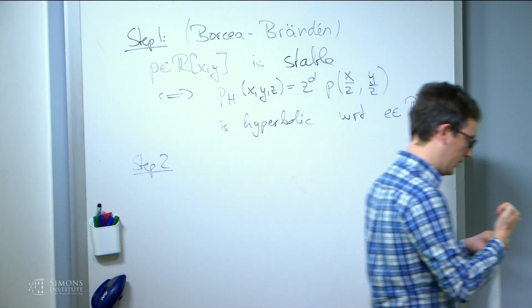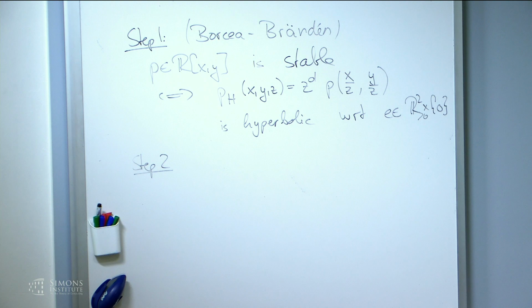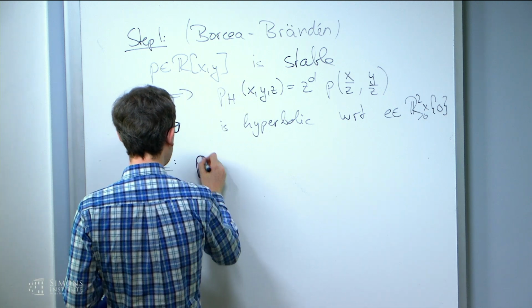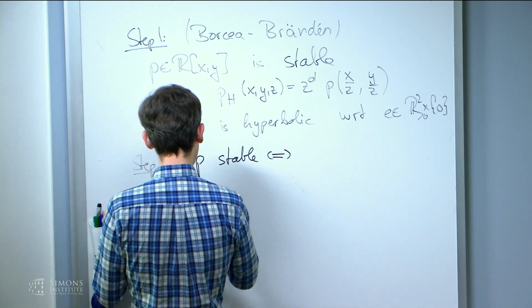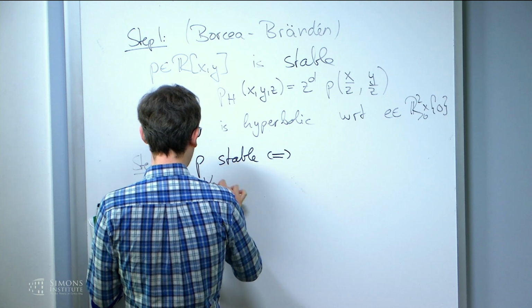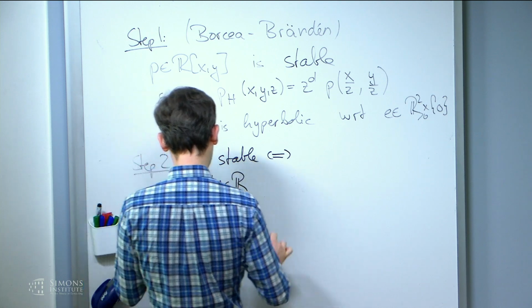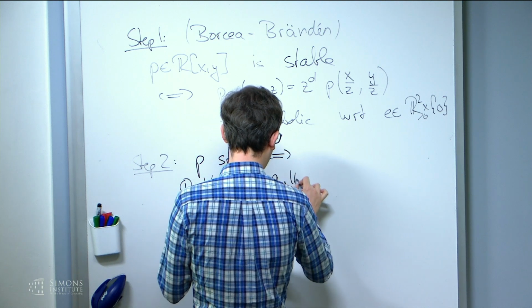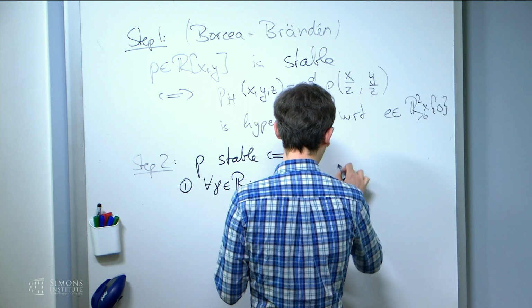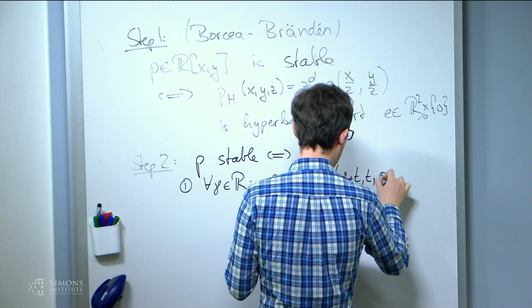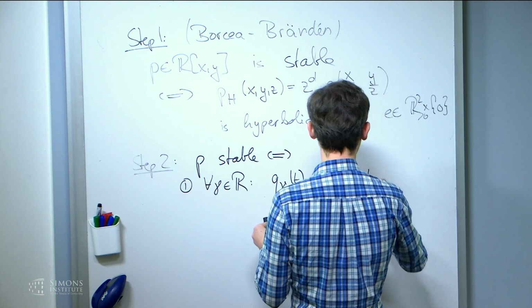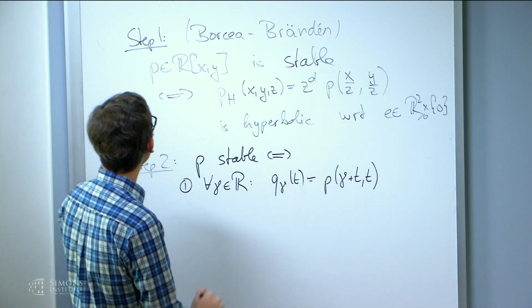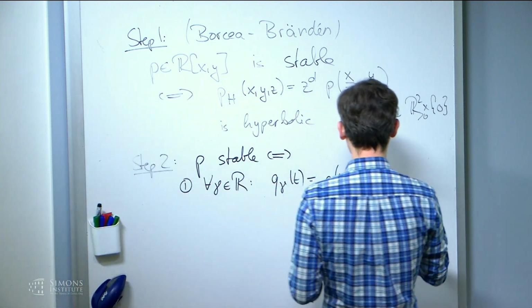I need something like this. So let's try to check. Claim: this implies that P is stable if and only if, now come the conditions we want to check, 2 things are satisfied. Condition 1, there's a 1-parameter family of polynomials Q_gamma(T), which you get by plugging gamma plus T, comma 0 into the bivariate original polynomial. If this is real rooted in T,